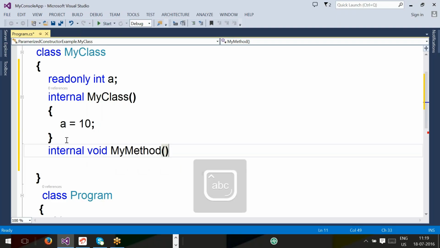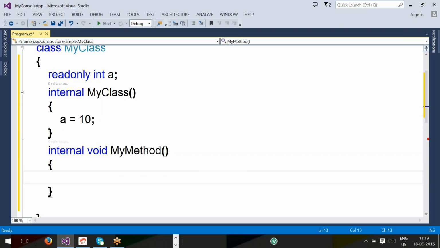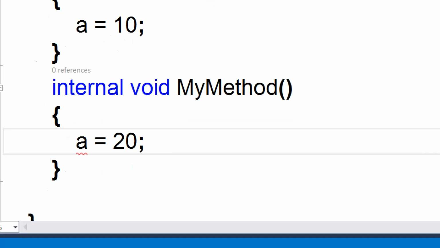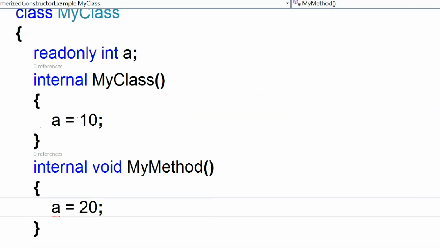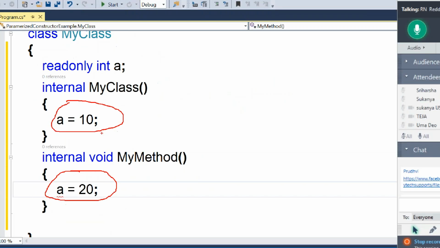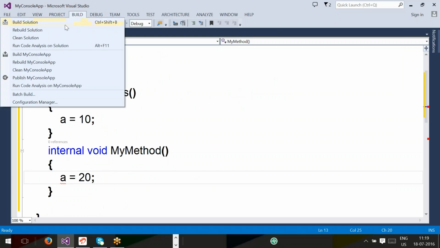My method. So what am I doing here? Here I initialized read-only a as 10. Again I am trying to reinitialize a equal to 20. A equal to 20. Then immediately it is throwing an error. But generally an instance variable can be initialized within the constructor as well as within the method. But read-only is not allowing